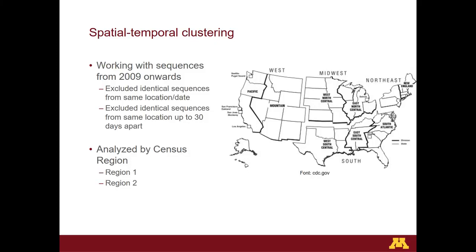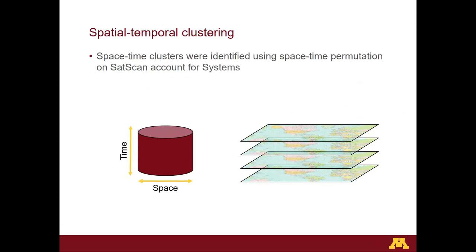Lastly, we have some clustering of reporting as well. So for that, we decided to divide our analysis into different US census regions. So we have here the census regions, and we are analyzing 2 of them separately. And what we did is we're looking for space-time clustering, and for that we used space-time permutation on SaTScan, accounting for systems. And what that does is imagine a map over here, and we have this cylinder over here,